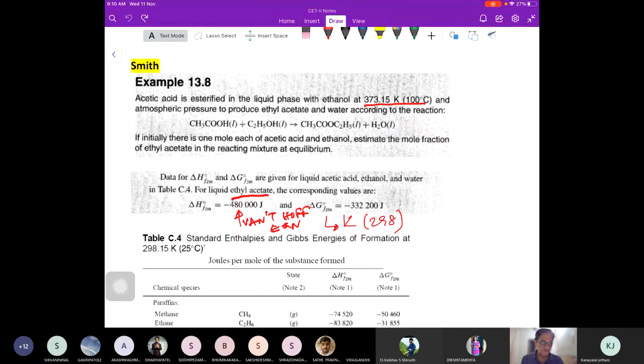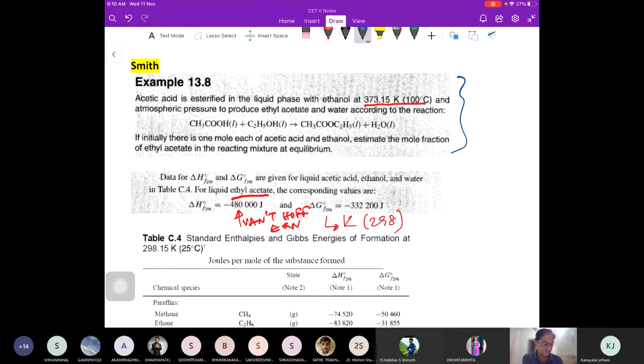As I said last time, generally in the exam it comes like this. They only put this part, they forget to give all the data. Well, that is how this problem in Smith is. In Smith, you have to refer the data from tables and from appendix and get the inputs for calculating. So data for heat of formation and free energy of formation, like acetic acid, ethanol, and water